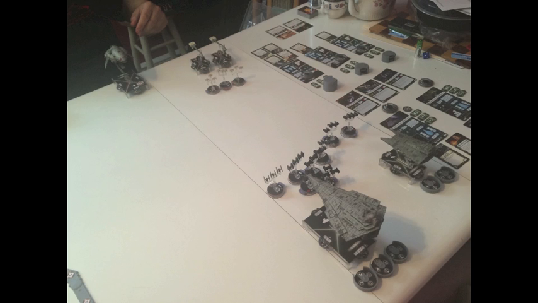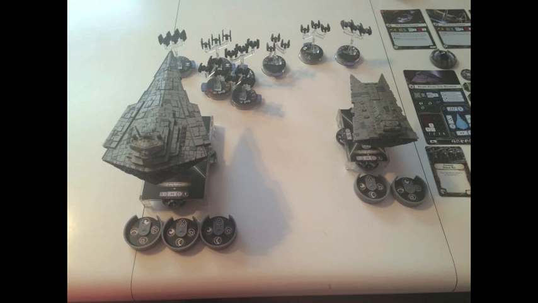So here we have a deployment. You can see we ended up sticking a little bit more on the right side of the table. I have all my TIEs and interceptors and bombers in front of my Victory class and my Gladiator. I also put down my dials just to show you what it is that I'm planning, because in this game you plan ahead. So the Victory class is going to make a move maneuver early game, and then it will make a